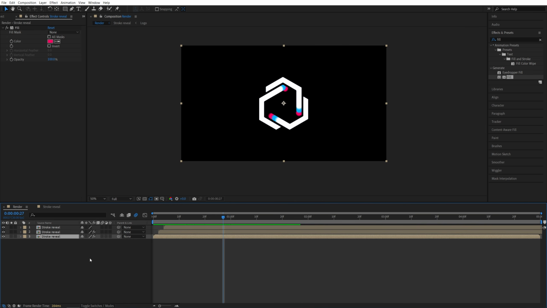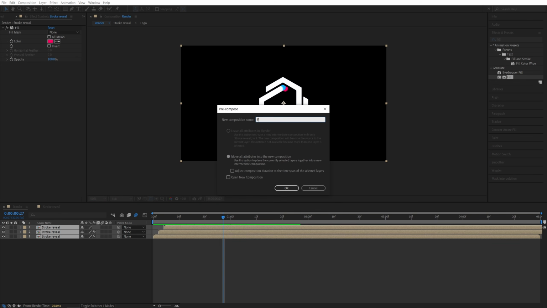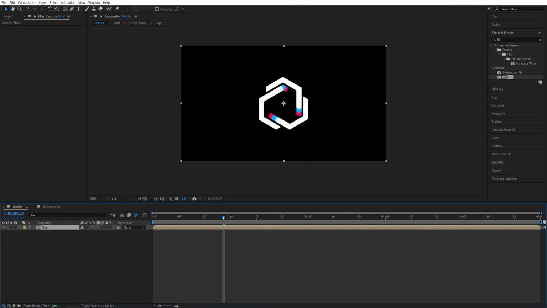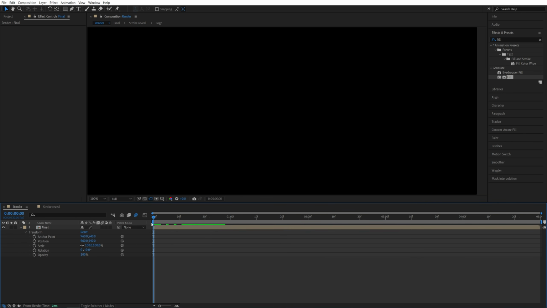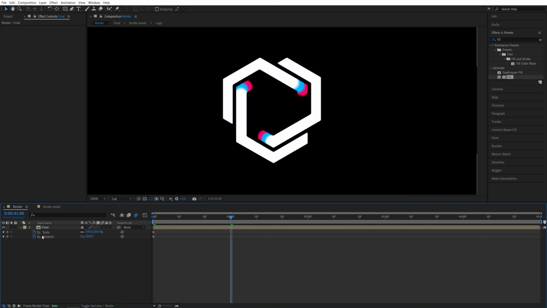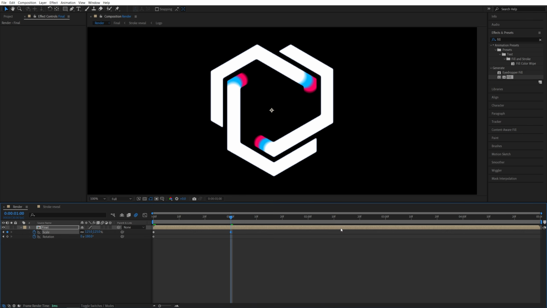Okay, after you've done that, you can drag and select all the layers, right click any of them, pre-compose, and let's call this one final. And here we're going to add finalizing touches and add simple property animations such as scale and rotation. So I'm going to expand the properties, transform, move the time indicator to the start, create a keyframe for scale and rotation. Now press U to isolate the properties, set rotation to -180 degrees. I'm going to move to 1 second, set scale to 125%, then move to 2 seconds, set scale to 90%